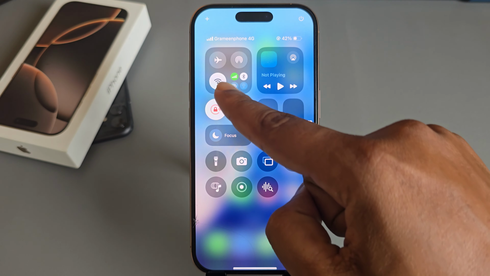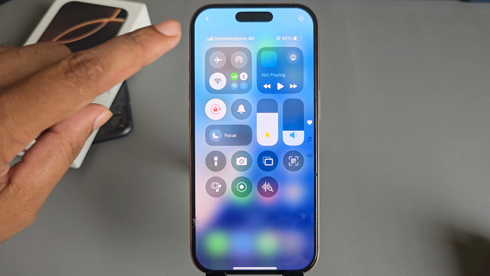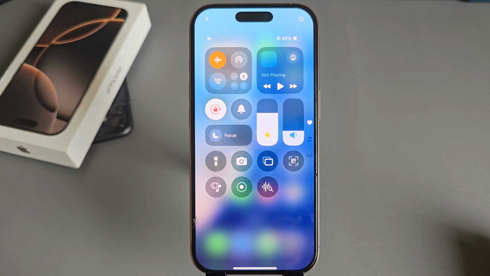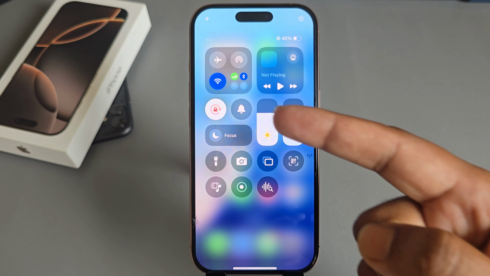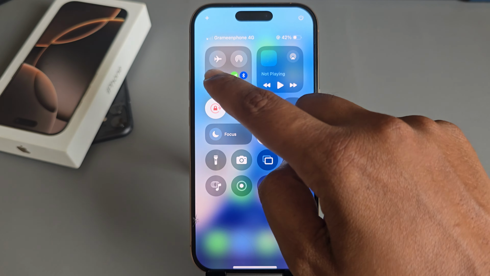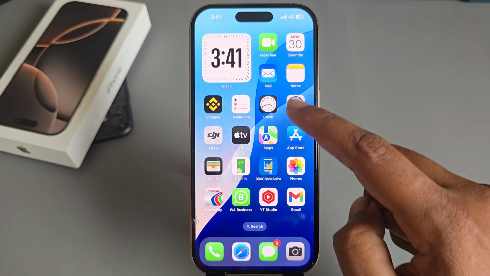So how to fix the Wi-Fi icon grayed out problem on your iPhone? First method is just enable and disable your airplane mode, and see if it's working or not. If working, then okay, and if still not working, then go to your settings